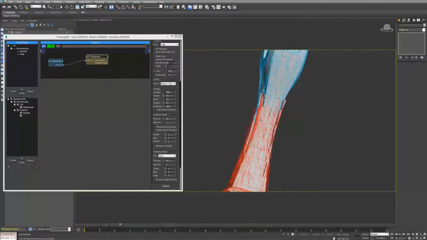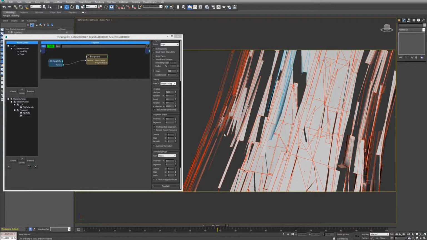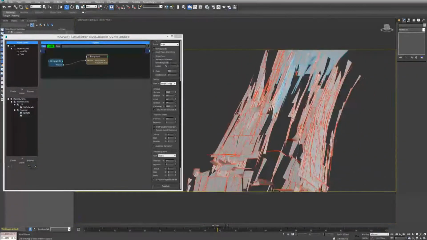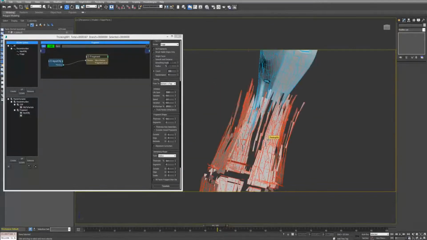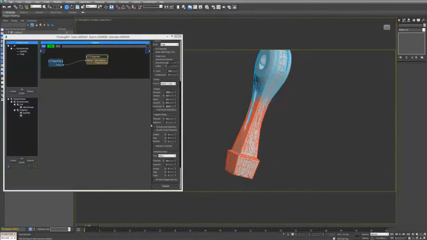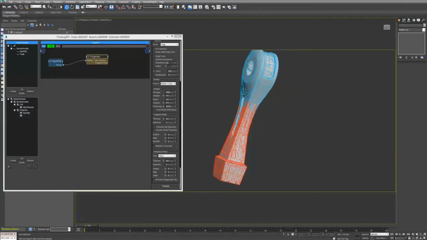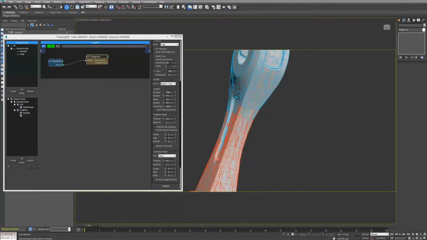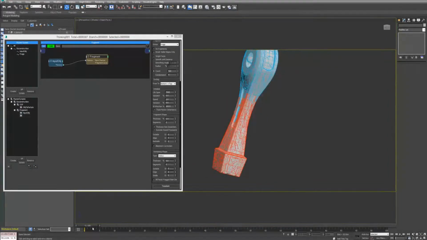This way I don't have any thickness. Okay, no extrude. So as you can see, it's pretty cool, it's pretty fast, but for this effect we will need lots of polygons